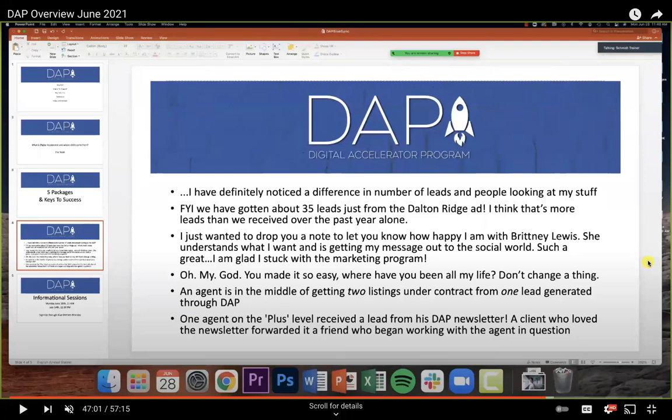And then a couple ones that I added, there was an agent who was in the middle of getting 2 listings under contract from 1 lead generated through Digital Accelerator. This person had 2 properties in Ohio that they wanted to sell that came in through a Digital Accelerator lead program. And then one of my favorites is this bottom one here, is that, when the purpose of a newsletter